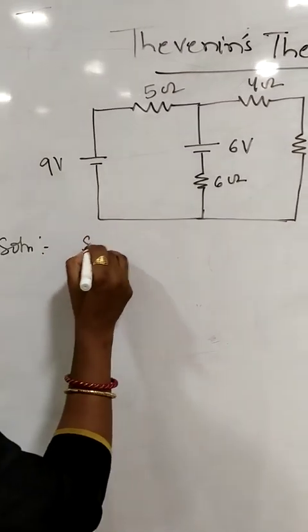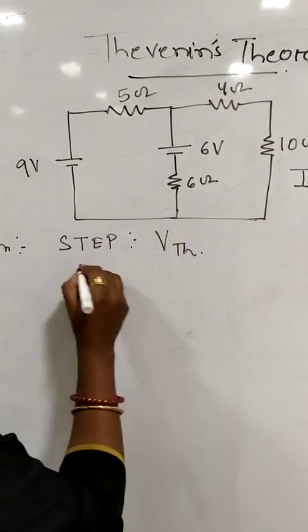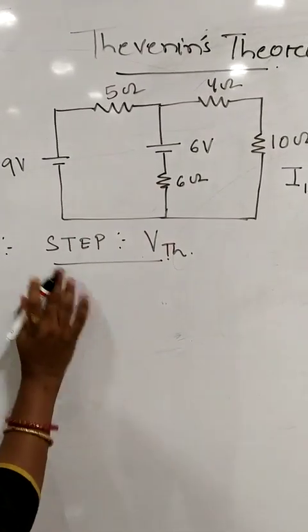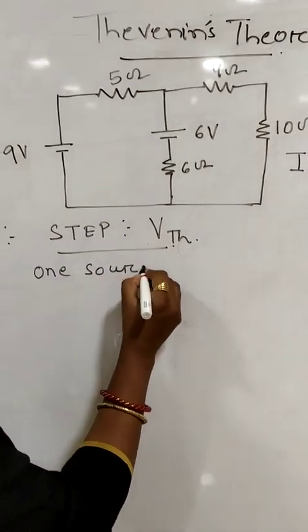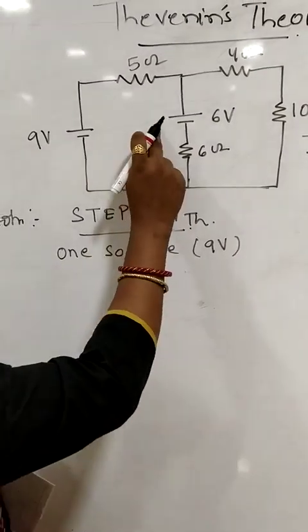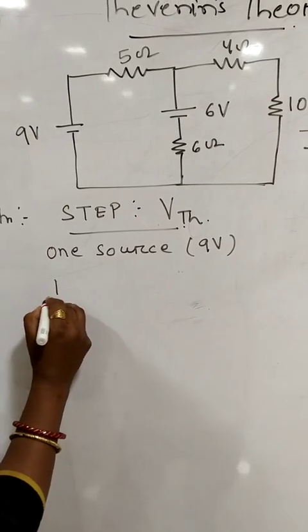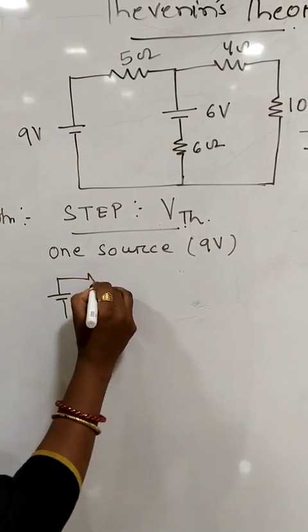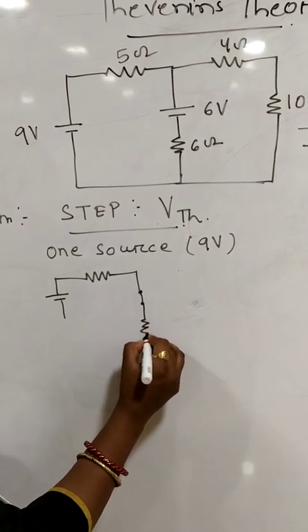Going to step number 1. Step number 1 is to find out V Thevenin, that is Thevenin equivalent voltage. In this case I will consider one source at a time. Taking the 9 volt source, I will neglect the other source. As it is a voltage source, I will short circuit that voltage source and redraw the circuit. The voltage source will be shorted